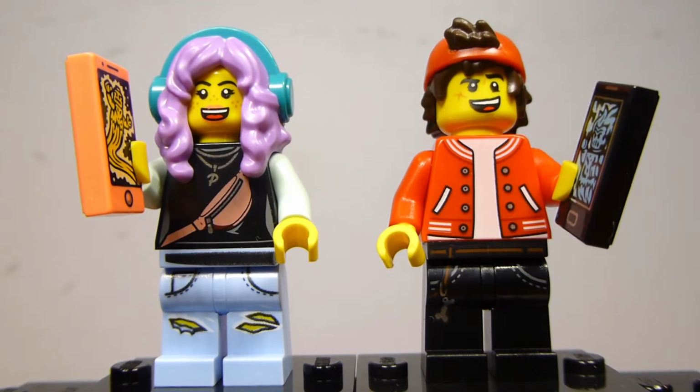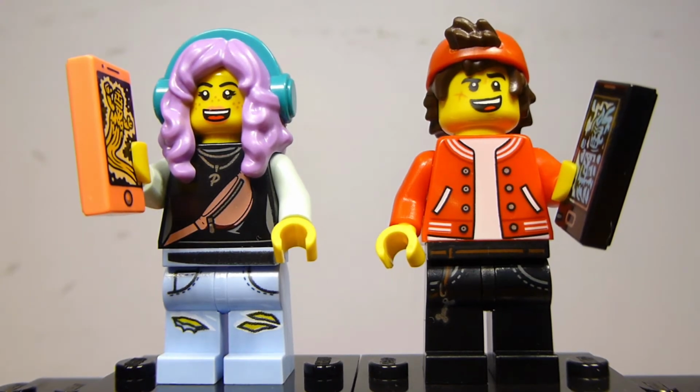And the first 2 figures we'll take a look at here are Jack and Parker, and these are both the new 2020 versions, well, I guess that were new at the time this set was released. And Parker is actually relatively uncommon. This particular combination is exclusive to the set. Jack is in, I think, 3 sets exactly like this, but they do kind of mix around faces and the hats that he's wearing,